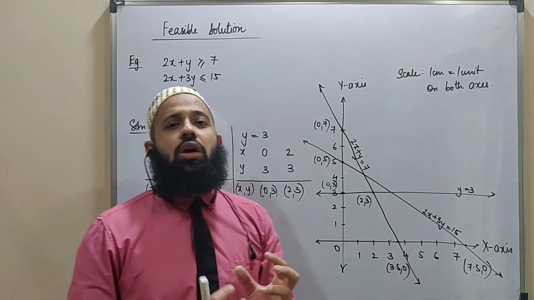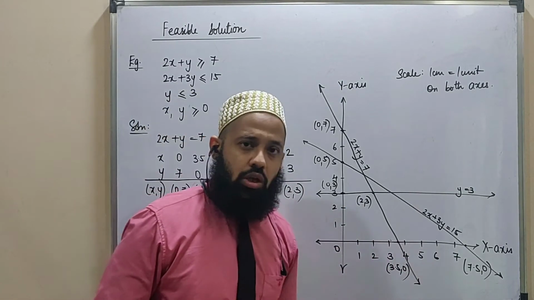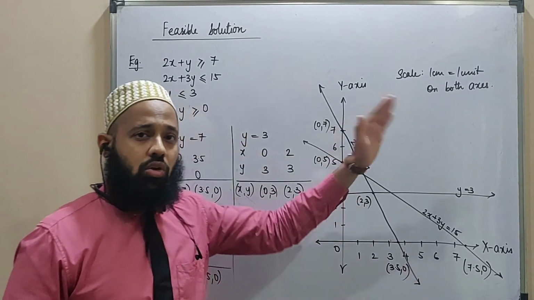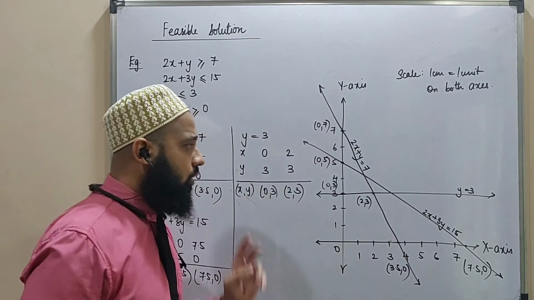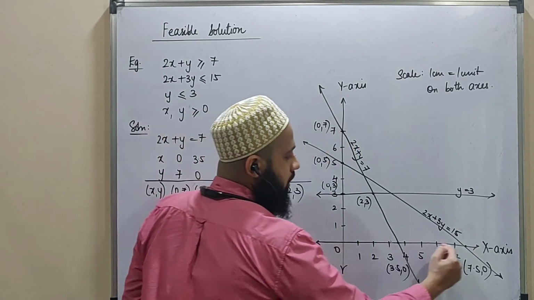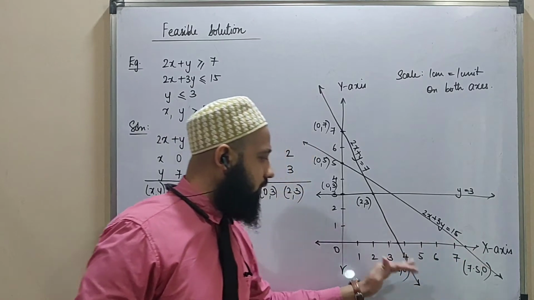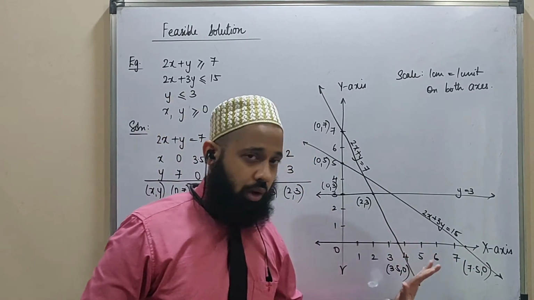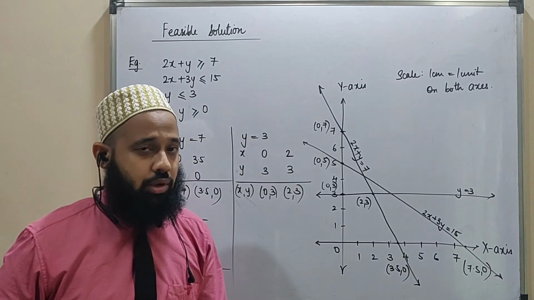In case you play around with the scale, you have big numbers and you might have to take like 10 units on the axis. Then you have to mention it accordingly on both the axes or one axis at a time. Second, okay, now the third thing that you do is you have to mark the points here. Right, continuous. You cannot say I require only 7.5 and 3.5, so that's the only thing I'm going to mark. You have to mark continuously all the numbers without skipping any number in between.